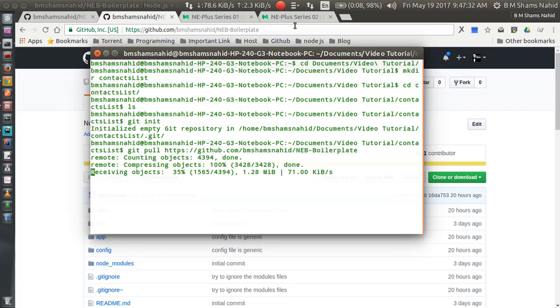Just hang on there. Okay, let's see what we'll do next. There may be a node modules folder; to keep our packages up to date, we'll delete the node modules folder and install all the packages